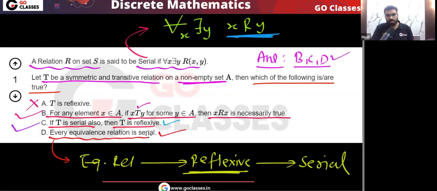Is this clear? So these are the questions in our weekly quiz 7. I hope you loved the analysis of all these questions. Please tell me, can I say you are using too much brain in this weekly quiz 7? Tell me, do you agree with me that after solving all these questions, you are more confident in the relation chapter? You have better understanding of relation chapter, how these things are connected to each other.